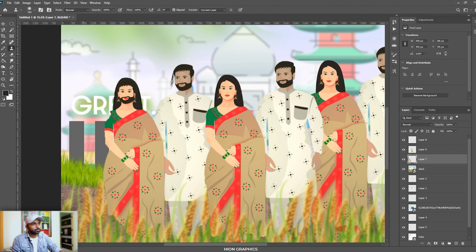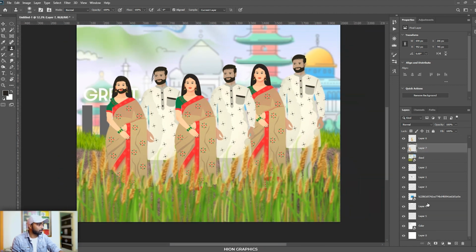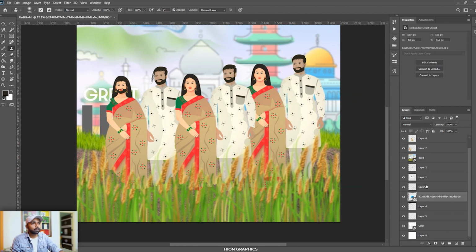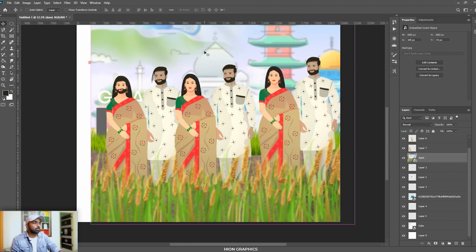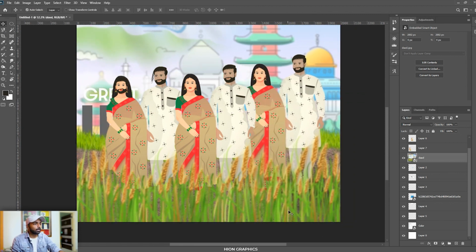So suppose this is the place, I want to sample this area. Now the thing is, I have selected some different layer and I want to select something different. So this is the main layer I have selected, the layer which we have here. Now you see a lot of grass that has grown here, and we want to use the grass to increase more maybe. So let's go to the clone stamp tool.